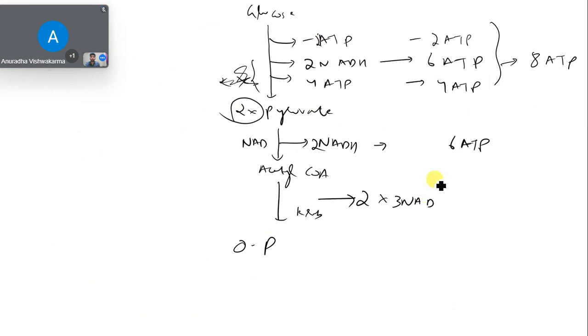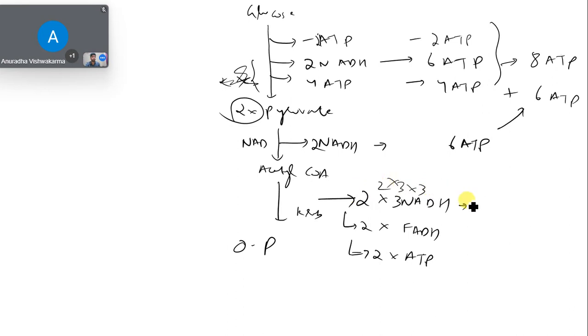So we have twice the amount of NADH, twice the amount of FADH, twice the amount of ATP. From here we have gotten 6 ATP. Now from this it is 3 into 3 into 2, 18 ATP, right? 3 into 3 ATPs and into twice. And here it is 2 into 2, 4 ATPs. So overall here it's 14 ATP,